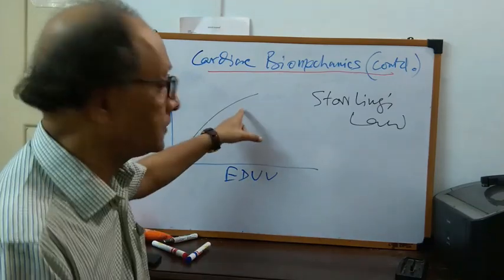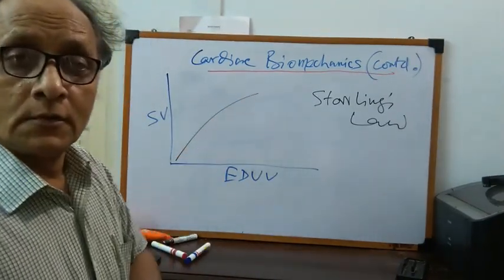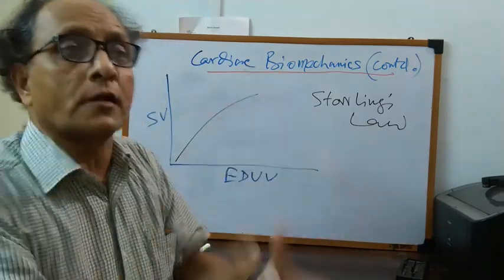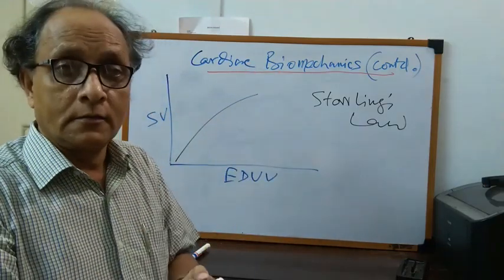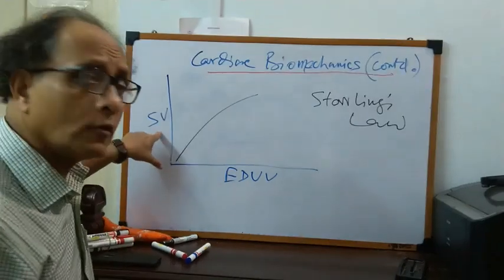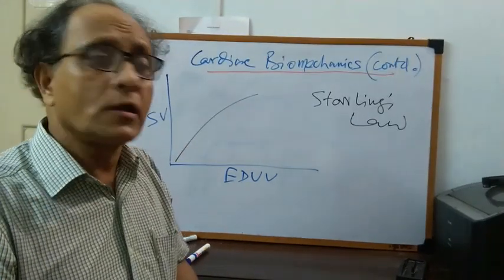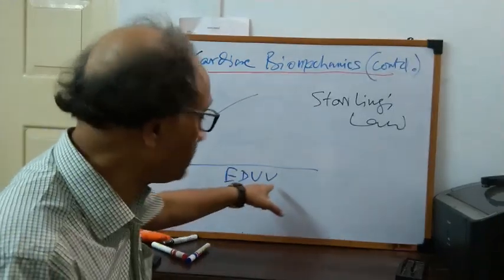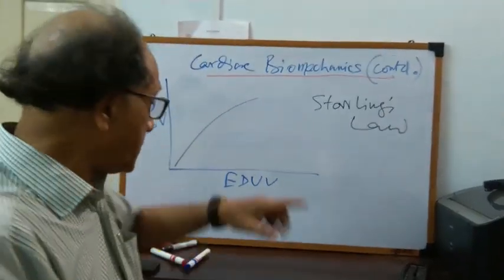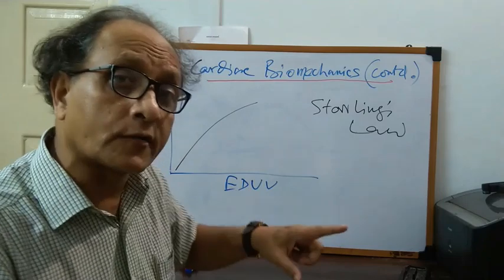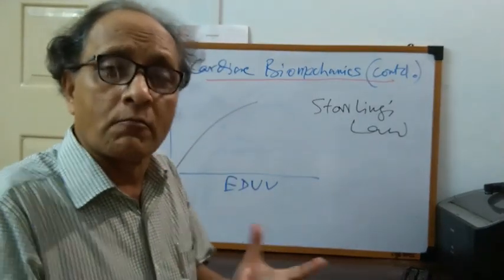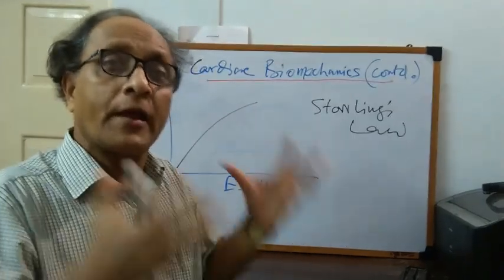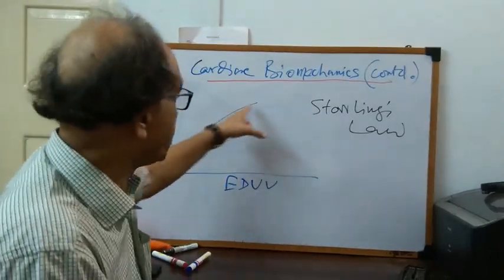And that is precisely represented by this curve. So what is energy of contraction? The strength of contraction by which it is contracting. And what is the outcome? Outcome is stroke volume. And what is representing here the resting length of the cardiac muscle fiber? That is EDV. So EDV is representing the resting length of the ventricular muscle fiber and SV is the direct result of the energy of contraction and they are directly proportional.